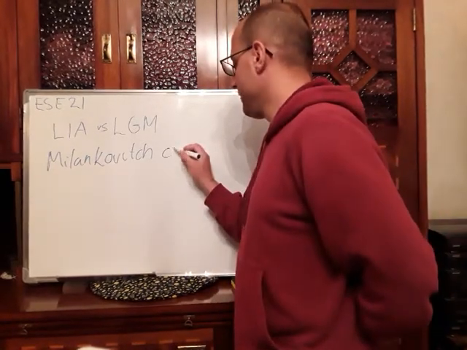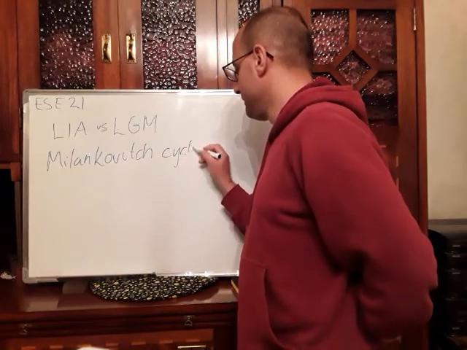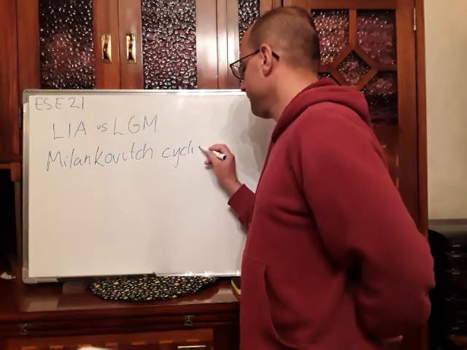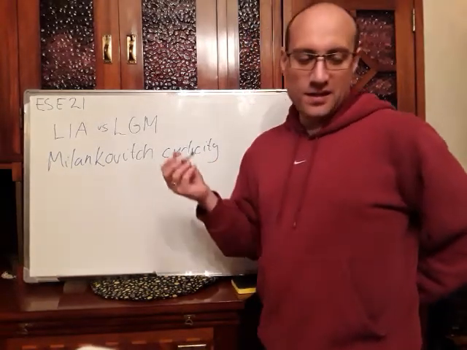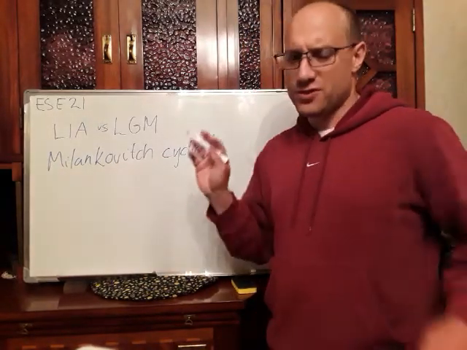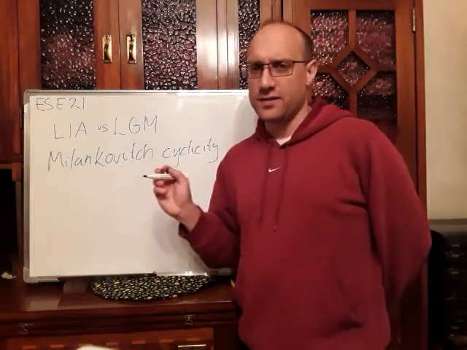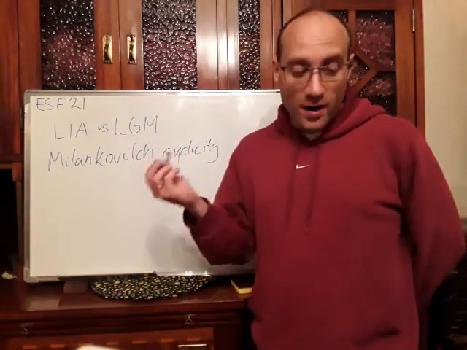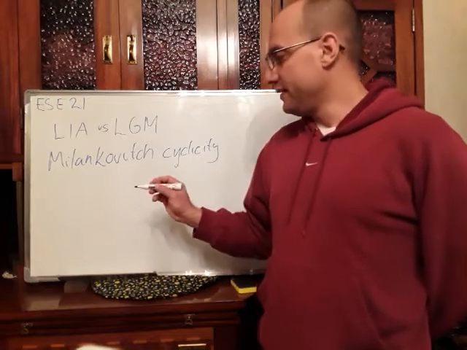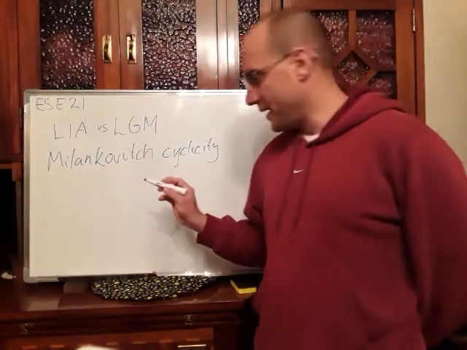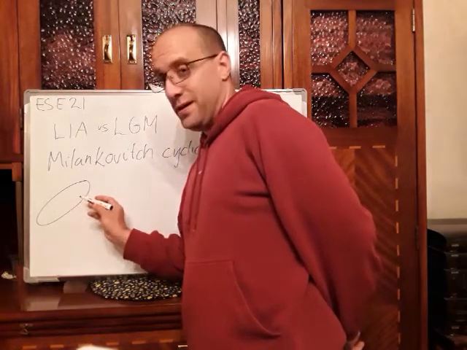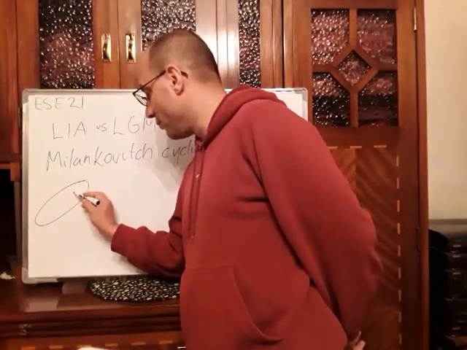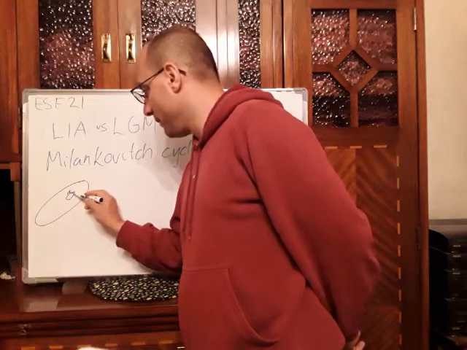And so here we have Milankovitch cyclicity, which has three main components, and we just want to have an idea what these are and what we can simply draw. There was one component which is about really the orbit, the shape and the size of the orbit of the planet